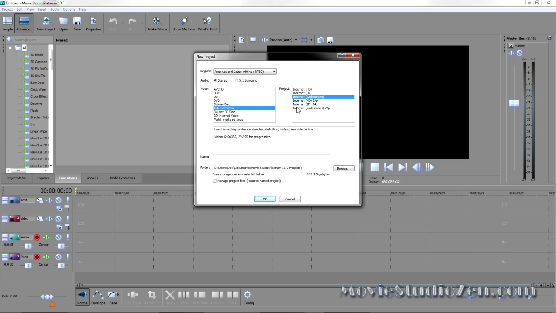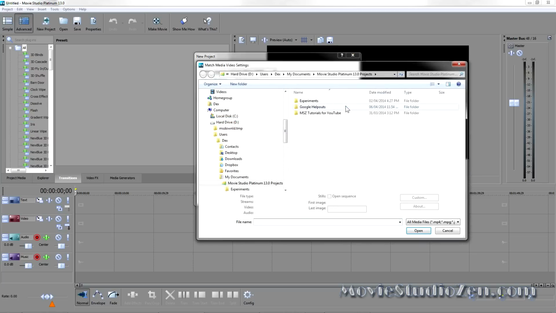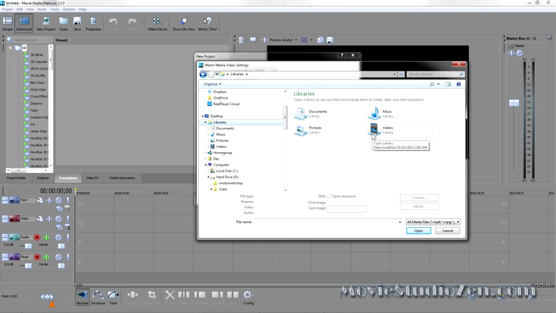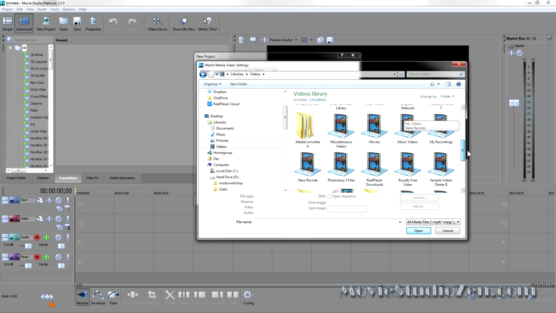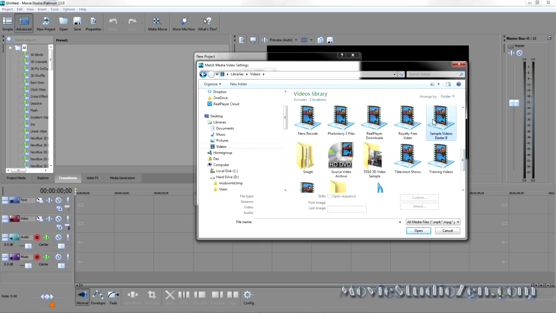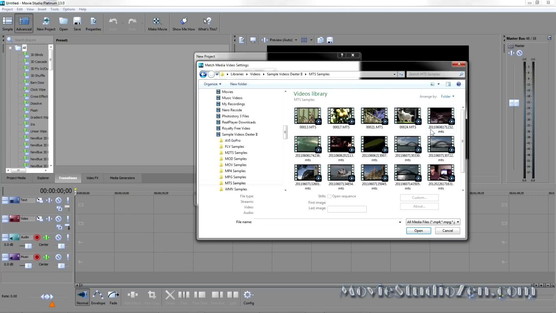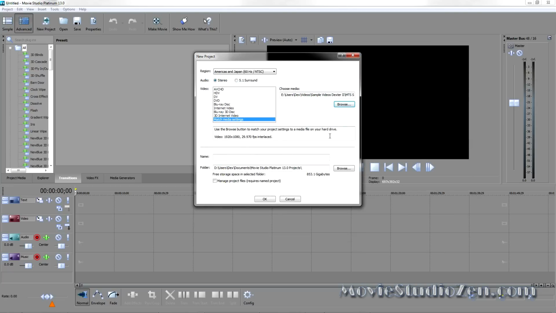Now, for many, many years, that's how I used to start a project in Movie Studio, and you can do that right now if you wish. However, I discovered a more advanced method which has a big advantage, and that is to use Match Media Settings. So if you want to try that, press that now, then click Browse. And then the next step is to navigate through your computer and find one of the main video clips that you want to use in your project. I'm going to get a video of the Sydney Harbour Bridge,